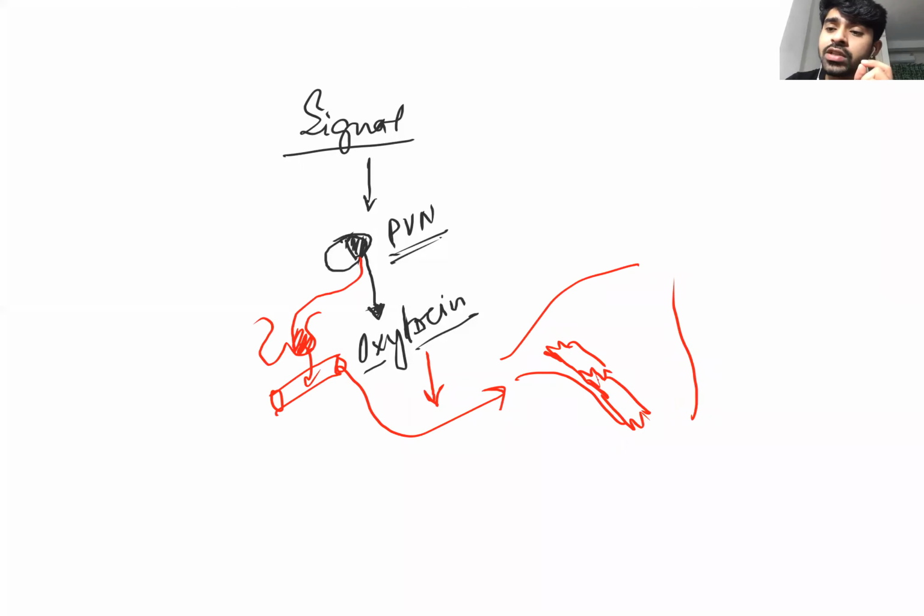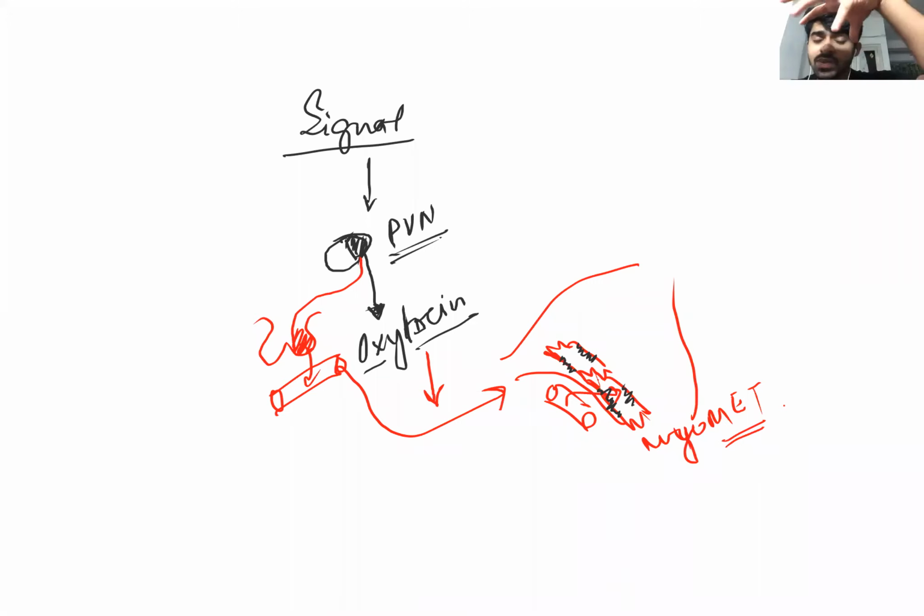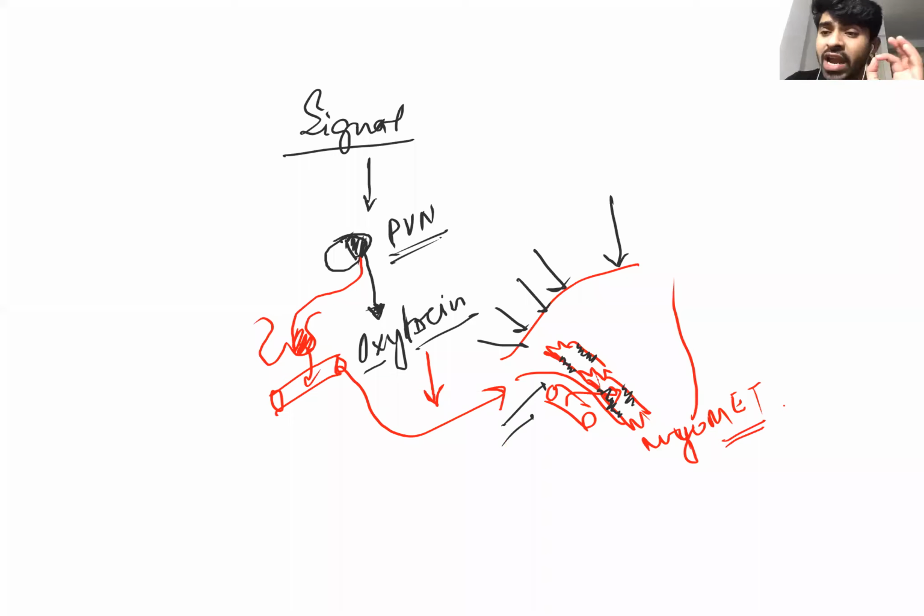So it will come in contact with the muscle of the uterus, and in the uterus it will act only on the myometrium. On the myometrium, it will start the contraction procedure. So this muscle will start contracting, and the force is coming like this. So the uterus is contracting. And the uterus is contracting by which hormone?